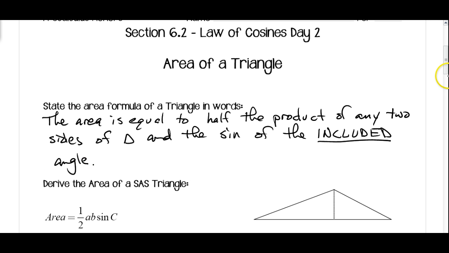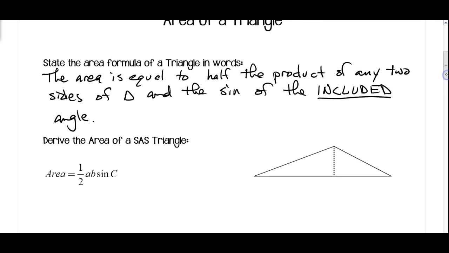Okay, so we have one possibility here. I have sides A and B, and the included angle would be C. So really, you're always going to have two sides, and then whatever those two sides are, you'll have the third angle in that triangle. So let's take a look at a quick